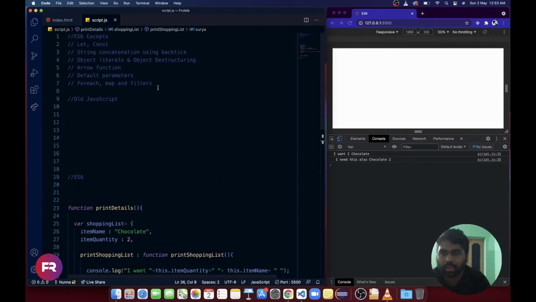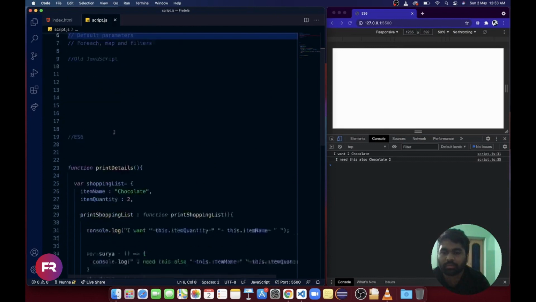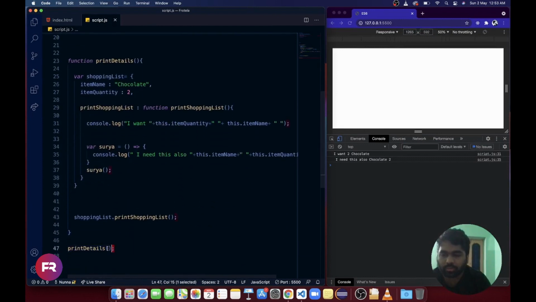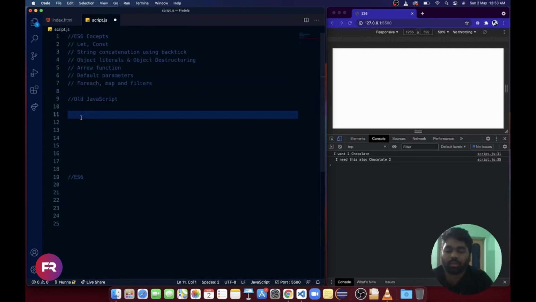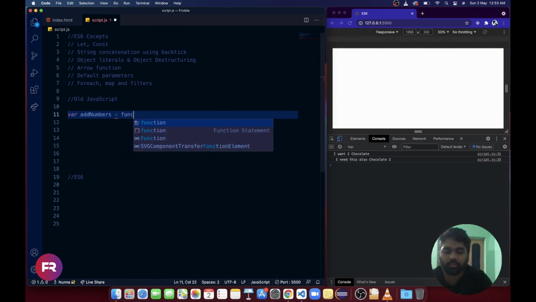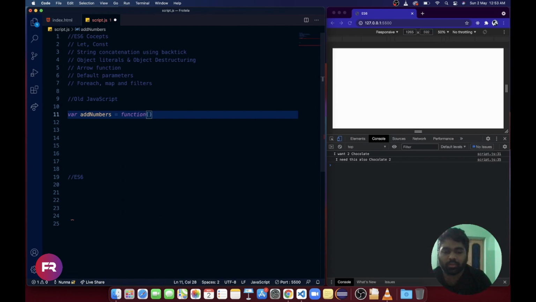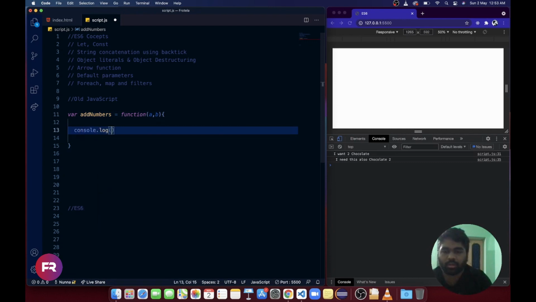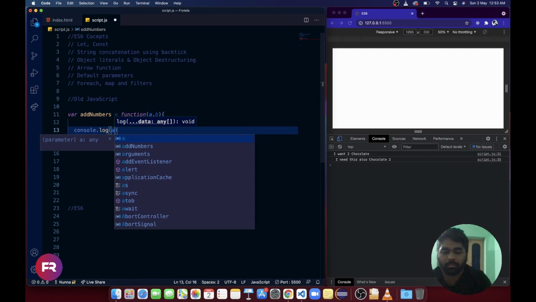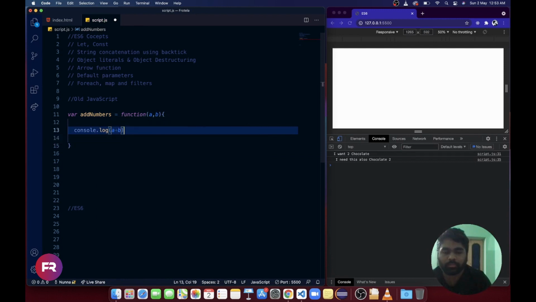Now we will see about default parameters. So let's remove this. In old JavaScript, let me create a function addNumbers equals to function of a comma b. console.log of a plus b.